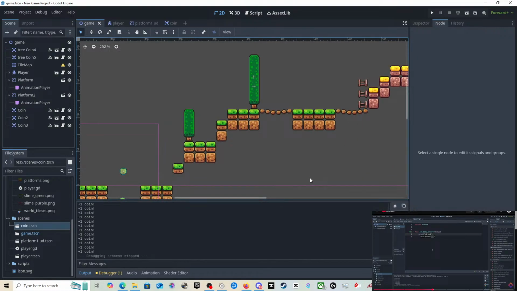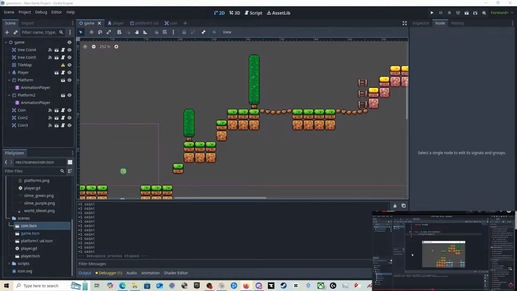Oh, you know what it is? I just worked it out. It's saying the coins are there, but because the platform is going through the coins, it's acting as if it's detected something. It's detected a coin because it's a body node, so it's not the character's body, it's just the moving part in the game. I think that's why it's going off.